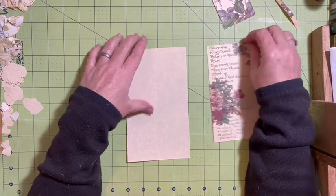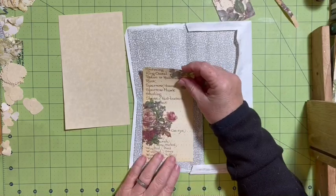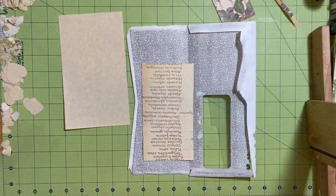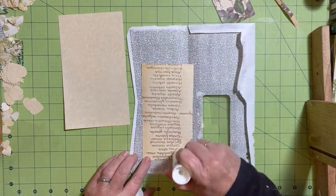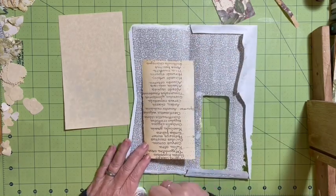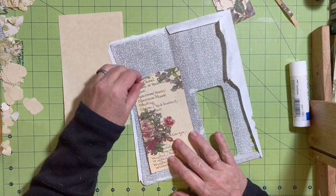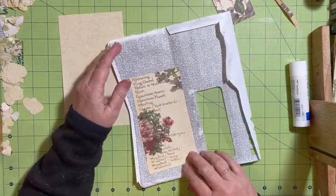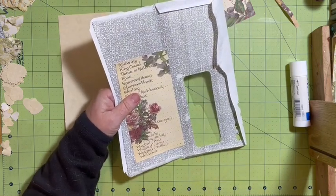So we're going to go ahead and I'm going to be making a layered journaling card. I'm going to go ahead and add this Edith Holden page. So this is from the back of the book. This particular page is from the back of the Edith Holden book. Okay, so put this on the privacy envelope. We've used this a couple of times in the journal, and this will give me a chance